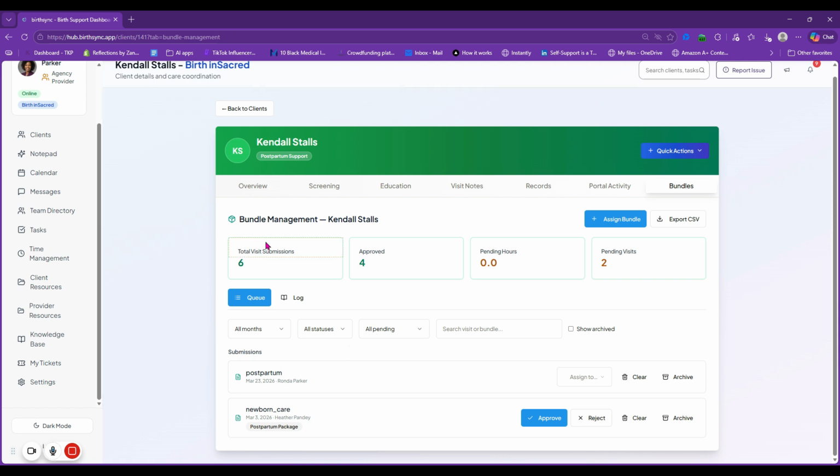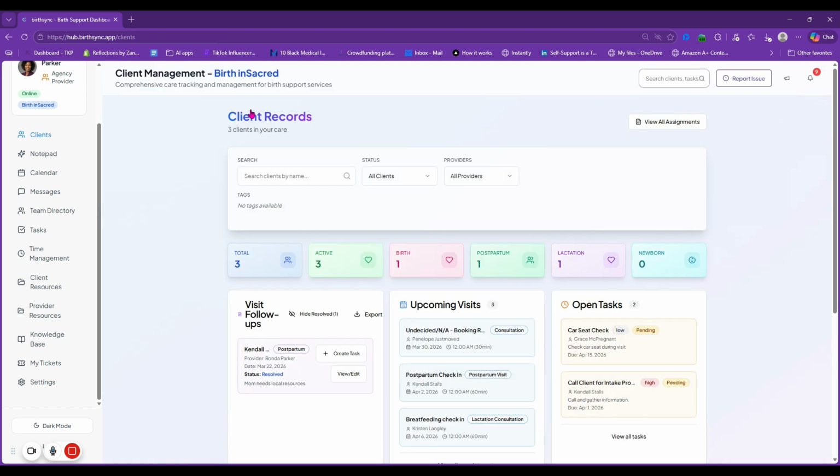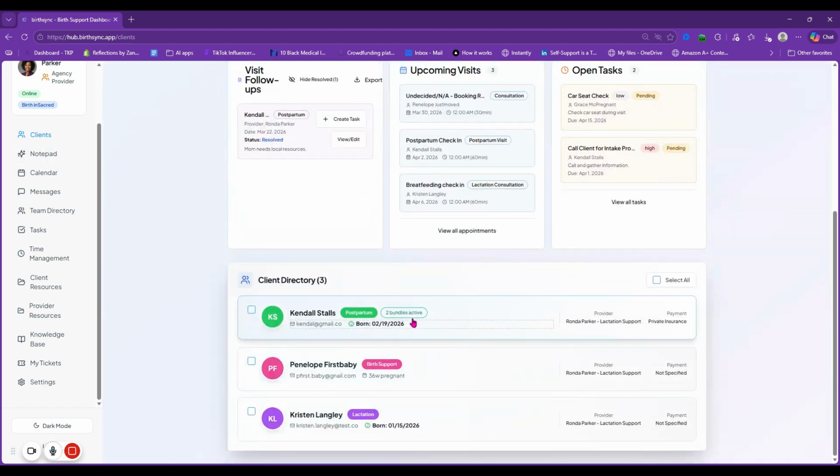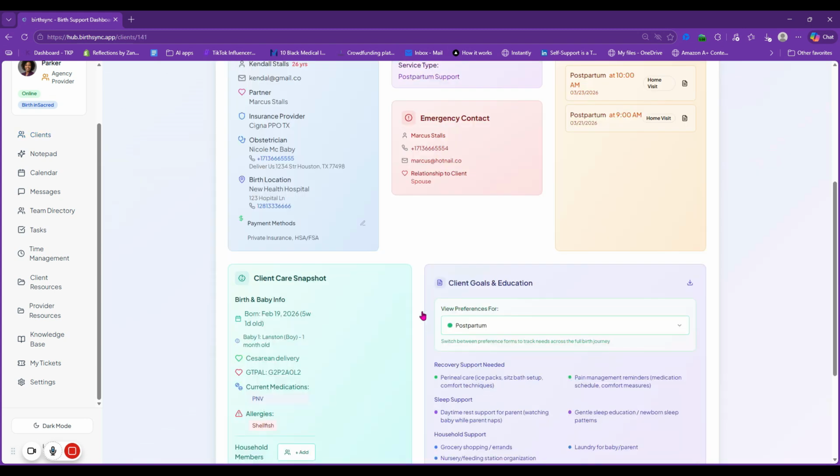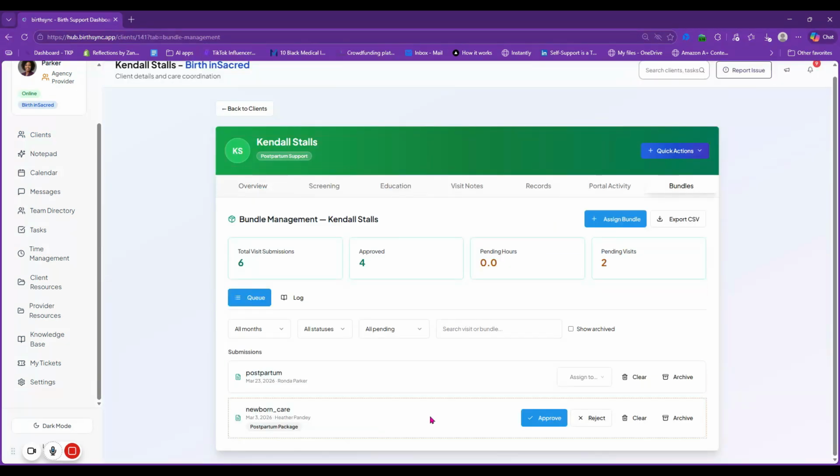So your agency is going to be counting how many hours or how many visits your clients received. In this case, as you can see, this client has 2 active bundles, which means if you click on her bundle,